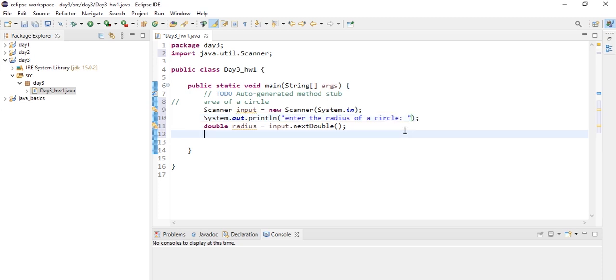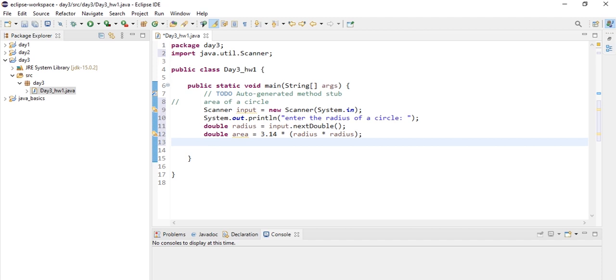And now let's declare another variable of double data type. double area is equal to, that is pi r square, that is 3.14 into radius into radius, and let's print out the area. The area of a circle is, and we are concatenating.